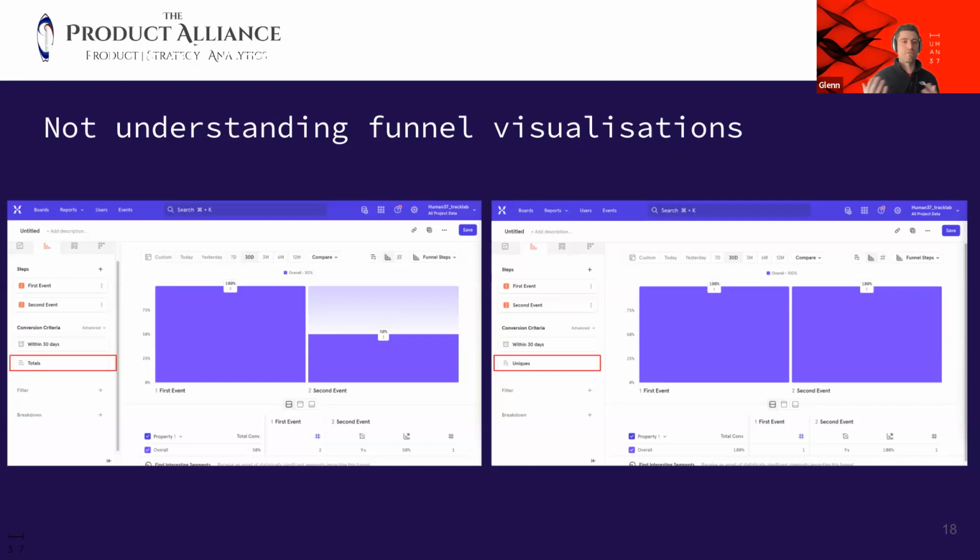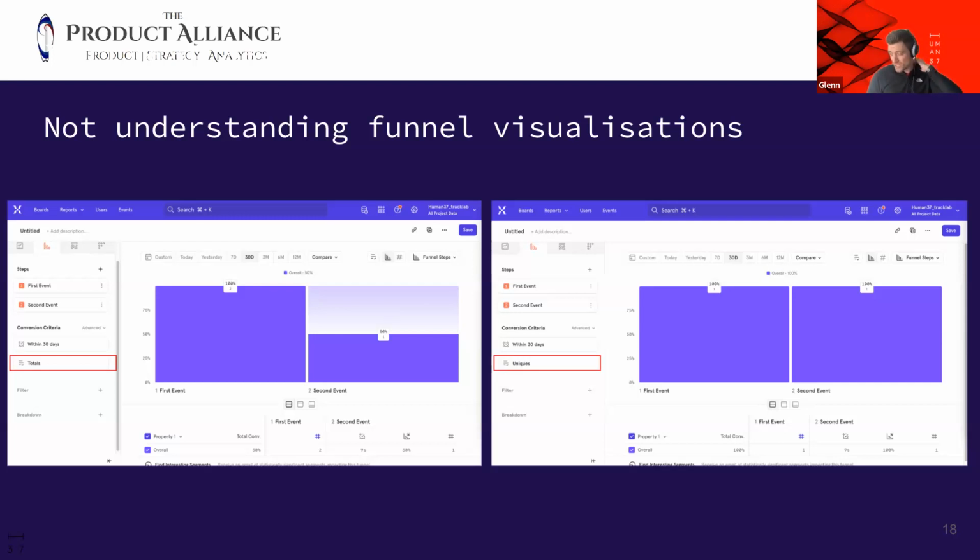Even this funnel has two different variations, even though it's actually the same data. The reason is that a lot of the product analytics tools have different options in funnels. Usually it's a difference between uniques and totals, where uniques means a person only counts once in a funnel within a specific time frame, whereas totals allows people to re-enter funnels if they have successfully completed a funnel or have adhered to a specific exception rule. And so you basically get these different types of visualizations or results depending on the rules that you apply.